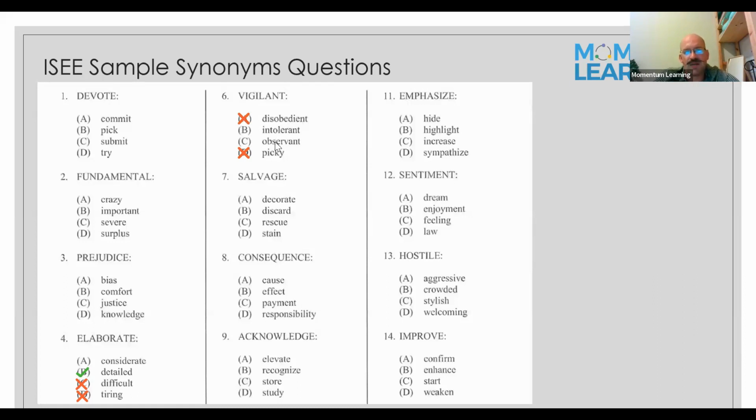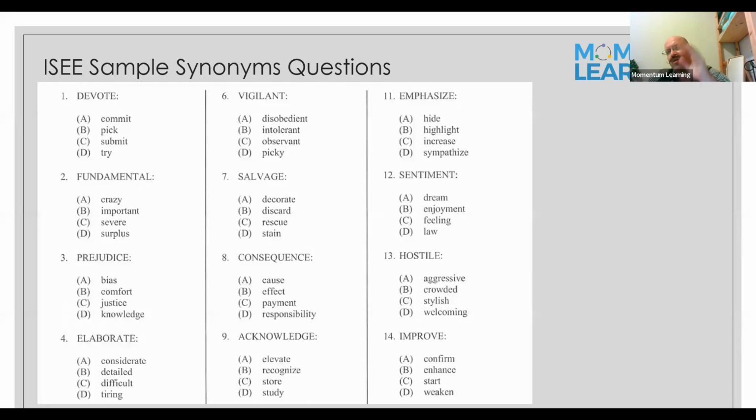So we have intolerant and observant. When we think of a security officer being vigilant, we don't think of them as being intolerant. We think of them as being observant. So that's the other method: getting students to create their own sentences. Even when you aren't provided with a sentence, the students can create the sentence using the word in order to sub out other words, as long as it's a word that they've heard before.